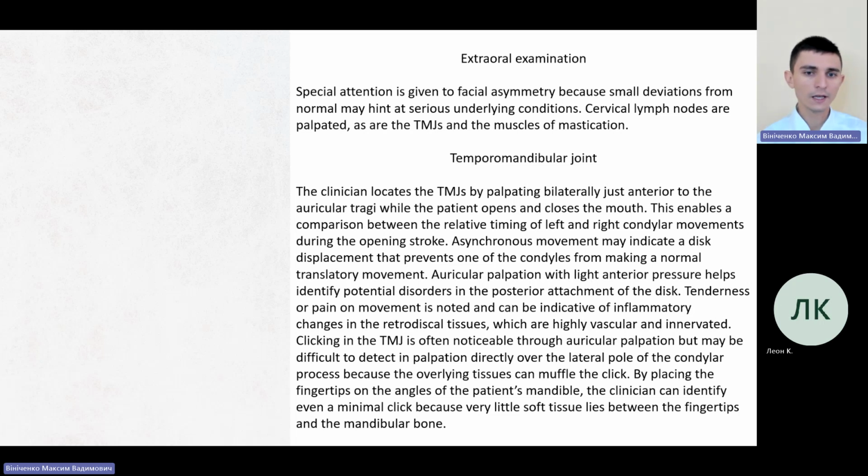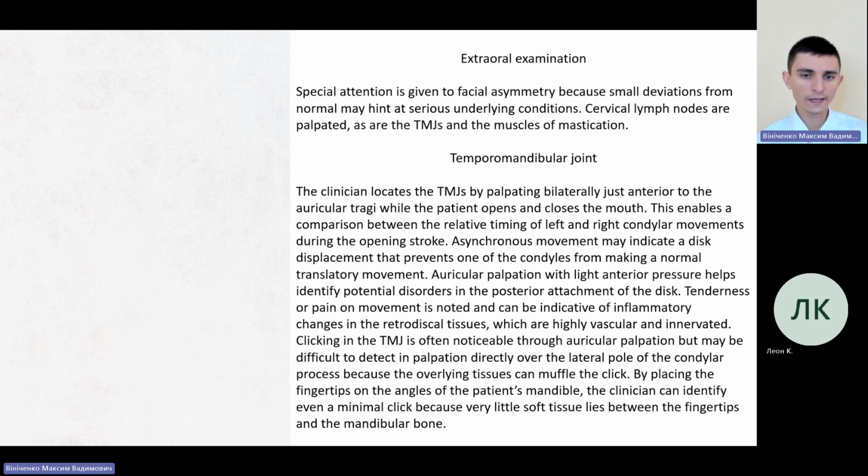Asynchronous movement may indicate a disc displacement that prevents one of the condyles from making a normal translatory movement. Auricular palpation with light anterior pressure helps identify potential disorders in the posterior attachment of the disc. Tenderness or pain on movement is noted and can be indicative of inflammatory changes in the retrodiscal tissues, which are